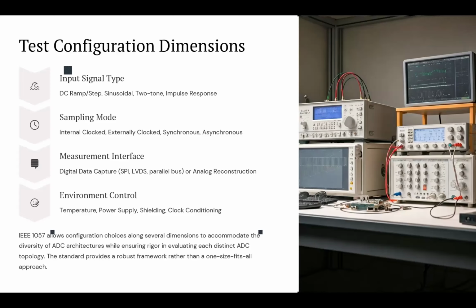The fourth dimension is the environmental control. So it means how well the external test conditions are managed. We said that temperature stability is one of the examples. The power supply regulation is another one. The electromagnetic interference is the next one. Okay, so we have to make sure that we are controlling and managing these external conditions which significantly affect our